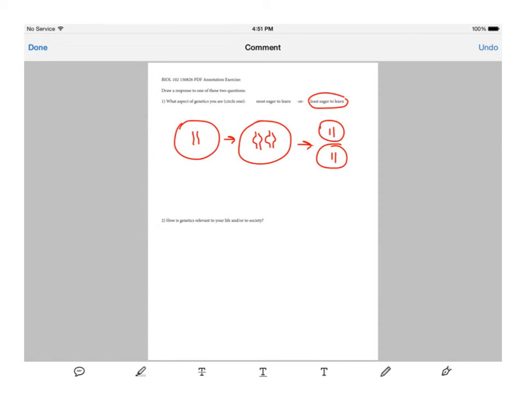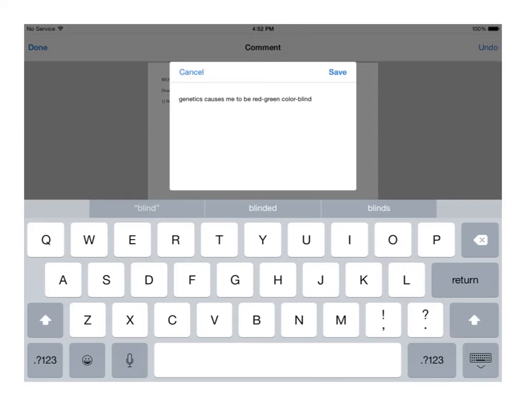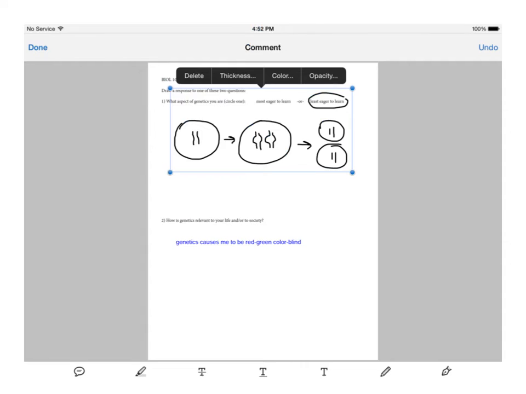Once again, I can zoom out by pinching or swiping my fingers or using the zoom tool in the toolbar. And then for the answer to the bottom question, because it asks for a written explanation, I decided to use that typing tool, the I-beam cursor, that lets you insert a text box. Here I'm typing in the text box using the keyboard the answer, and then I will hit save. And that inserts that text